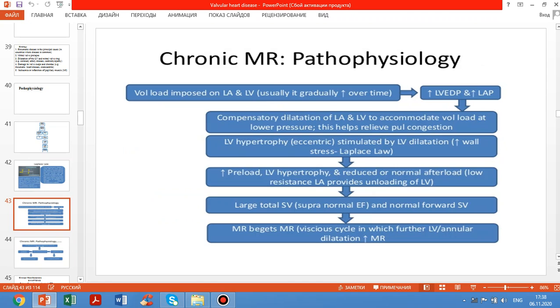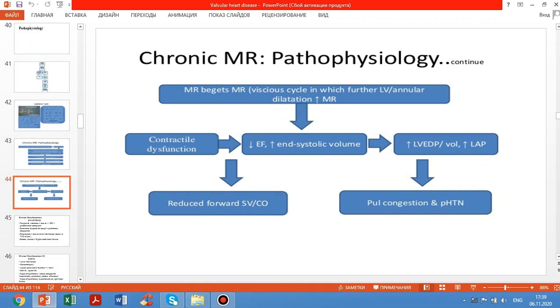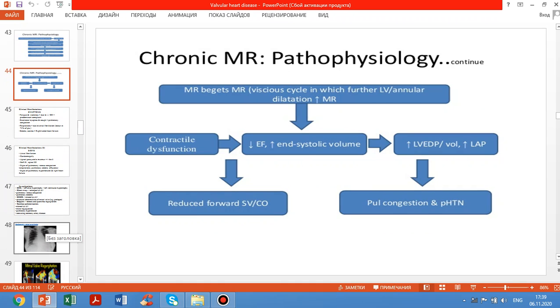Mitral regurgitation begets mitral regurgitation. A vicious cycle in which the left ventricle develops annular dilation and increasing mitral regurgitation. In this case,